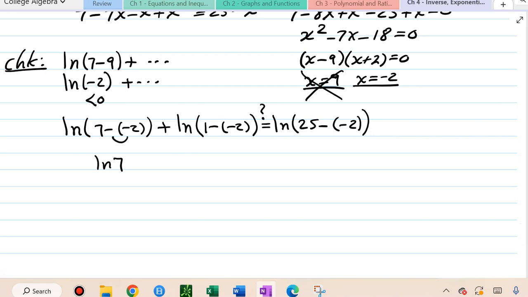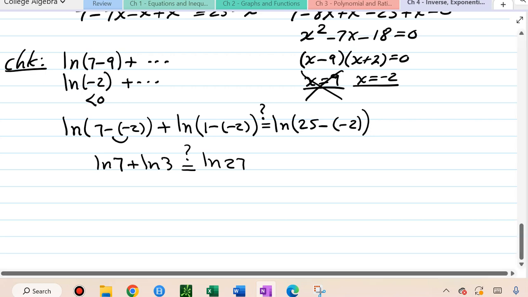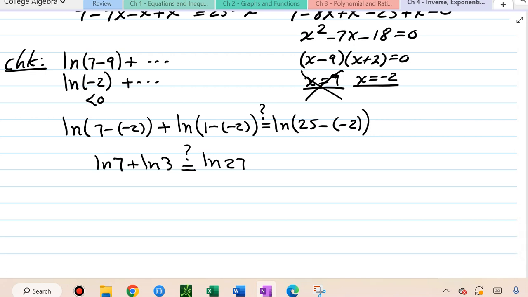Hopefully it does. From left to right, the double negative on 2 makes positive. So that's ln of 7. Double negative on 2 again makes positive. That's ln of 3. Will that equal to ln of, double negative makes positive, ln of 27? Let's see if they are. Using properties of logarithms, the multiplication property more specifically, I can rewrite the left side. The left side is ln of 7 times 3. Will that equal to ln of